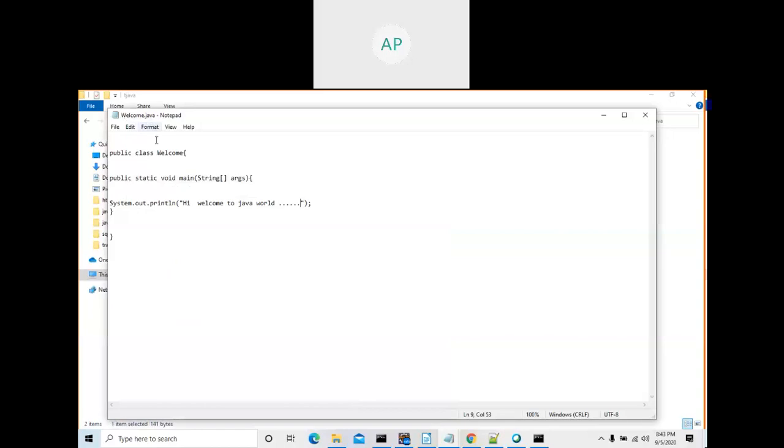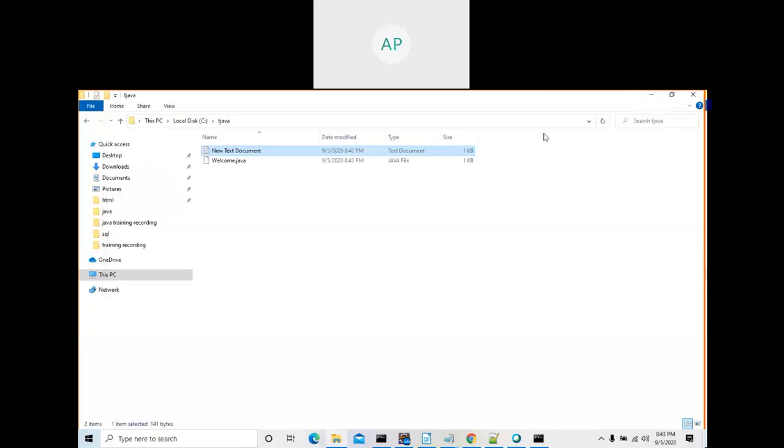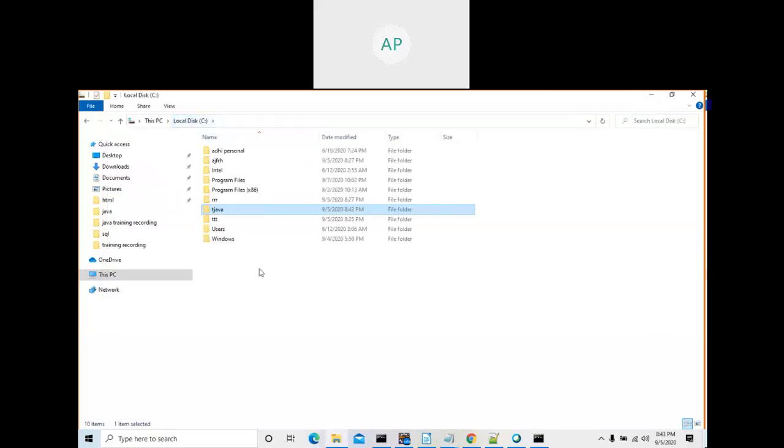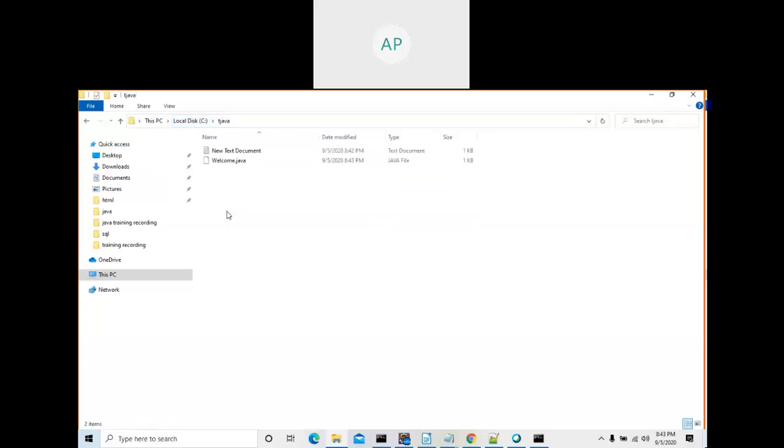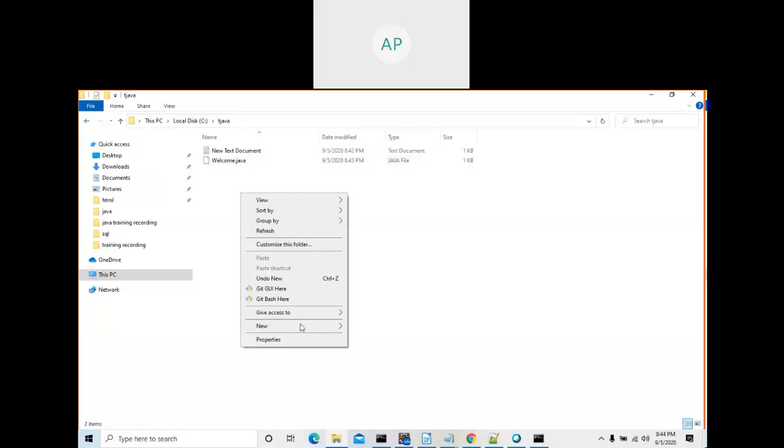See here, now it is changed. Welcome to Java. Very important, W is capital, and it can be any name: Hello, ED, DDD, any name. But the first letter should be capital, and your file name and your Java class name should be the same. And you should store it as .java. Now let me close this one and go here. In which folder did you create that file? In T Java, right? See here, Welcome, what is the extension, Java file. Now you created one Java class, that is, one Java file, which is called a Java class. Your class name and the file name should be the same.